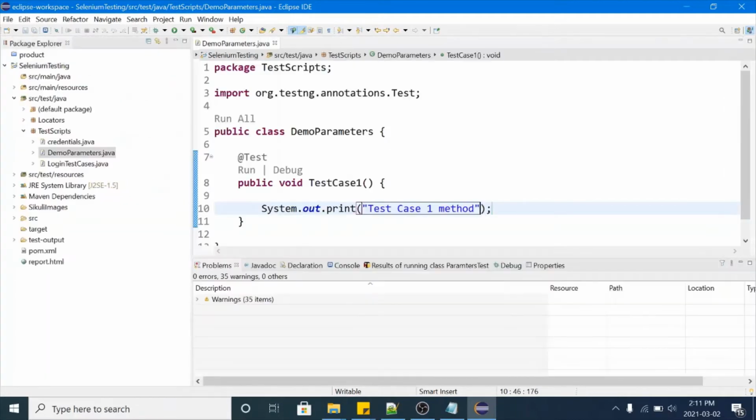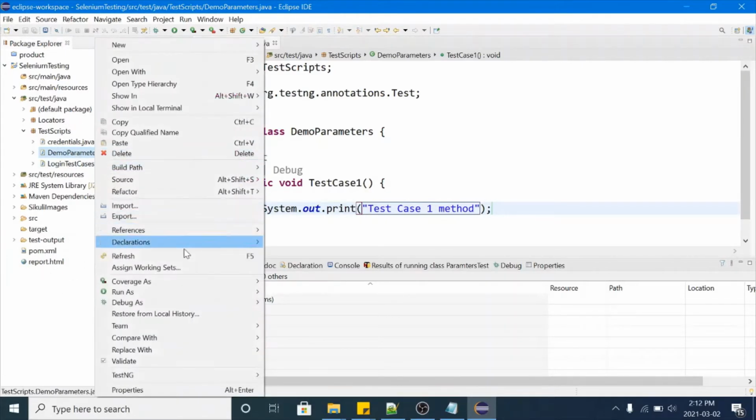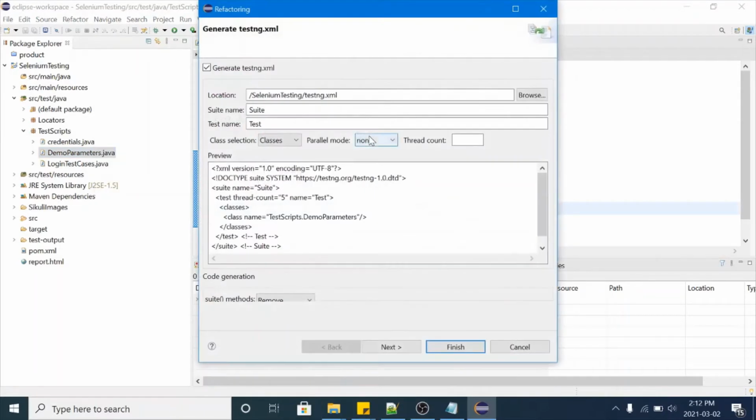So first of all, before going with parameters, we will need one testng.xml file in our project. Okay, we are not having testng.xml file right now, so we will click on this file. Okay, click on TestNG. Okay, and click on convert to TestNG. So as soon as you click on this one, it will launch this UI.